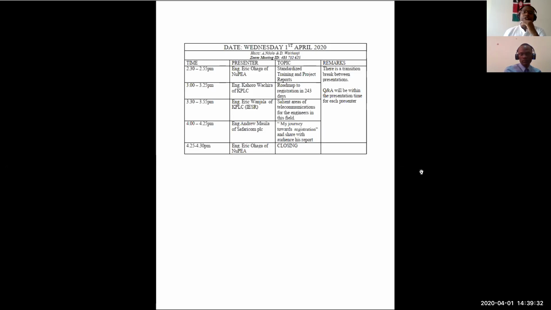After that, we will have Engineer Kahora Wachira, then the same scenario, and then Engineer Wanjala, Eric, later on, and then Engineer Andrew Masila, and then we will wind up with Engineer Ohaga, who will be closing it for us.